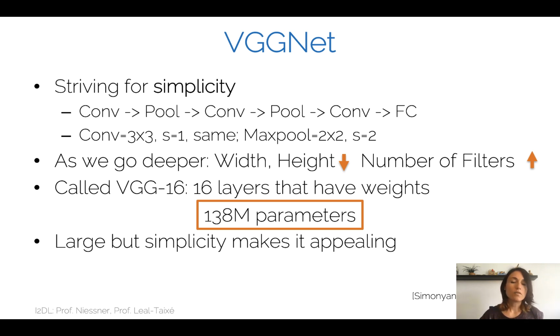For example, VGG16 has 16 layers that have weights, and with these 16 layers, we now have 138 million parameters. So we're talking about a larger network. Of course, this network is large, but the simplicity of designing a VGG16, VGG19 network and not having to think about what kind of convolutions we're going to use, what kind of stride we're going to use,